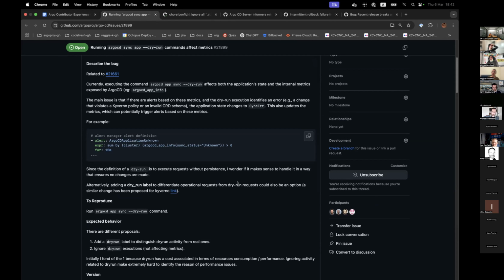The app controller completely separately goes and does the sync asynchronously. And the only way to communicate the result back up to the API is to put that output somewhere. And today it's put into the same field where the sync output goes. So I think we need a new field, and I think we need CLI, UI, and API updates to use the new dry run output field.